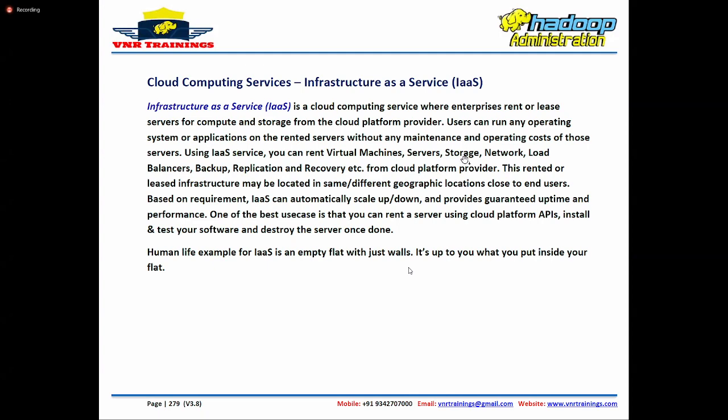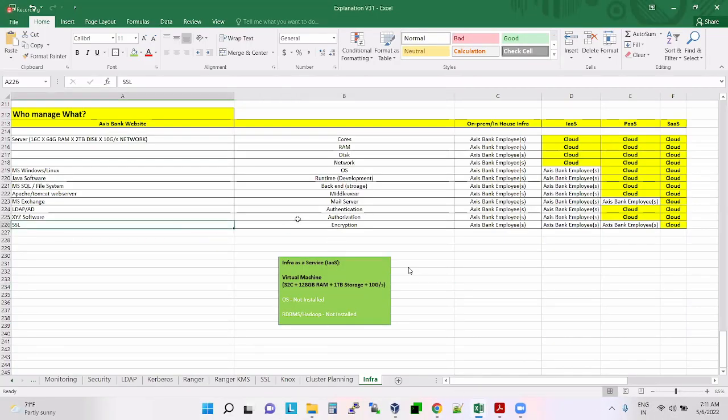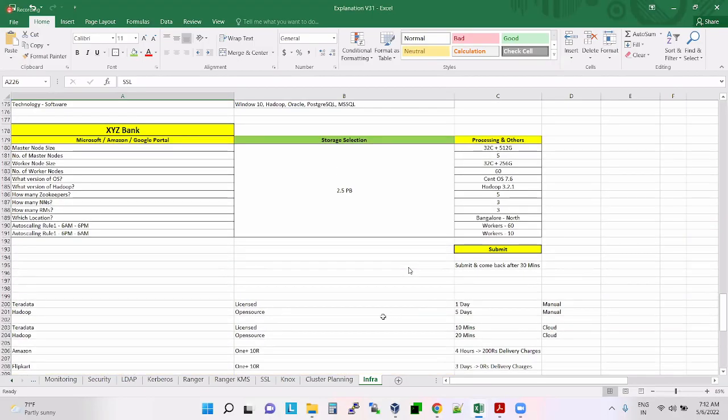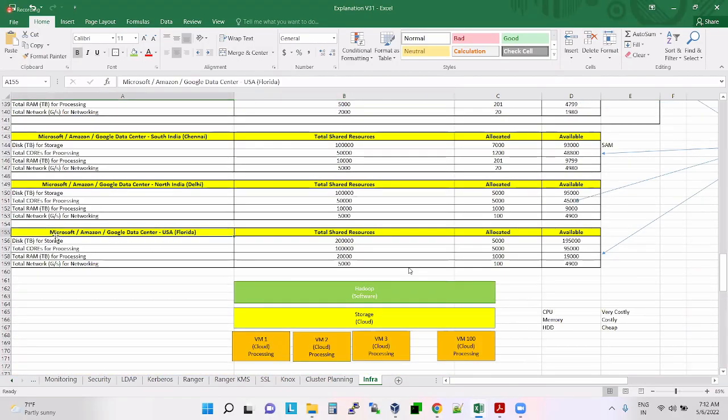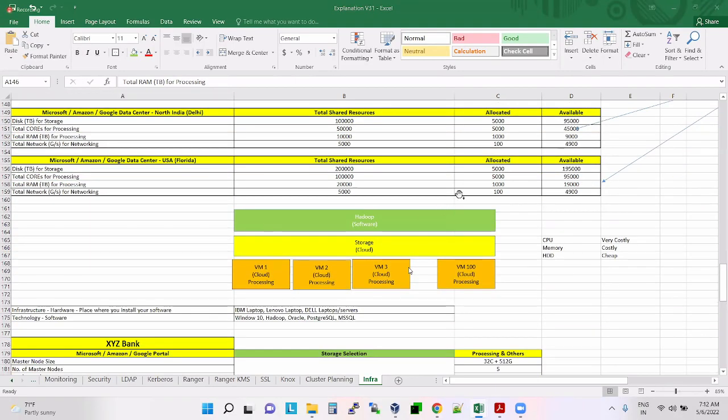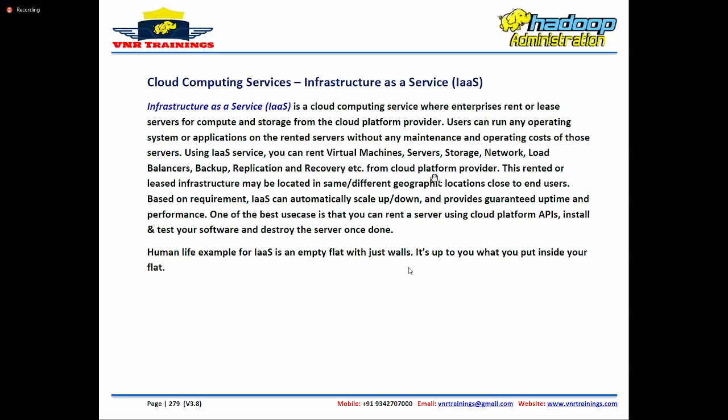So one good thing is that you can sit in India and ask for this rented infrastructure to be deployed in the US region, North India region, or South India region, wherever you want. It's not only that if you are sitting in Bangalore, the nearby data center is Chennai, and you need to request only in Chennai.